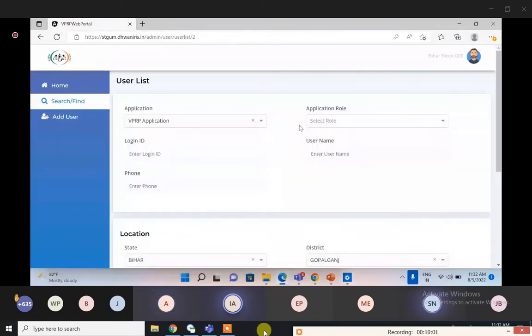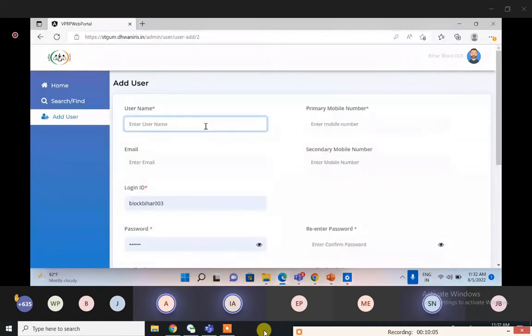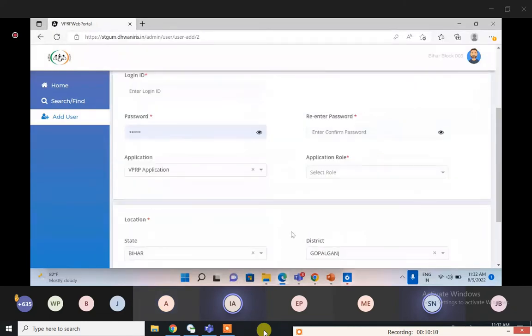So here you can see I have entered the same application. I'm going to add, I will create now a SHG level user. So something that you need to remember here is for the